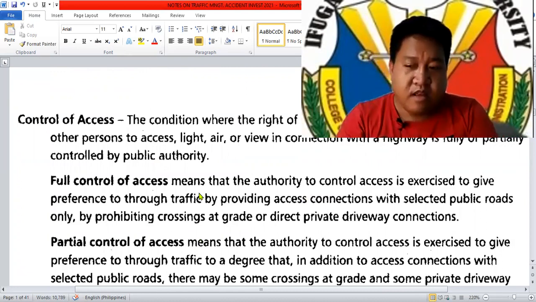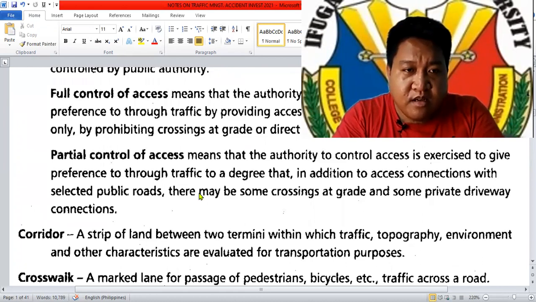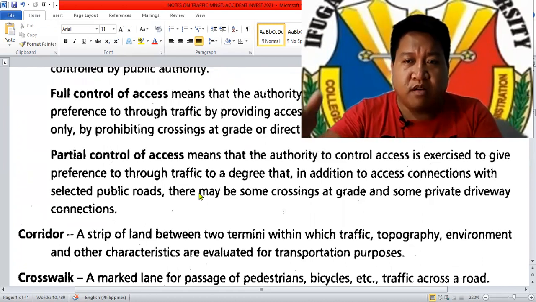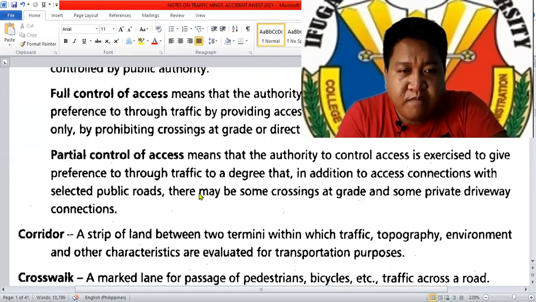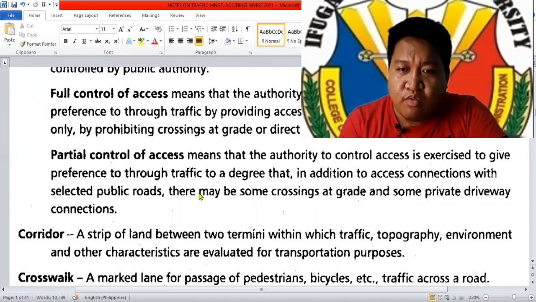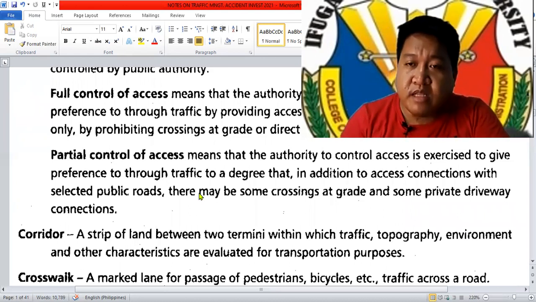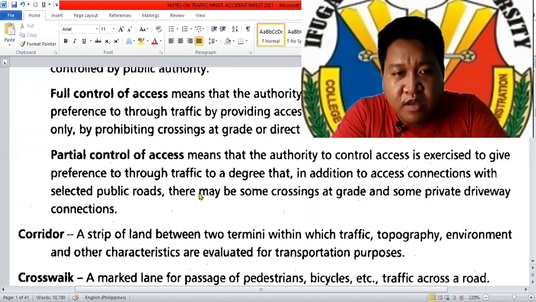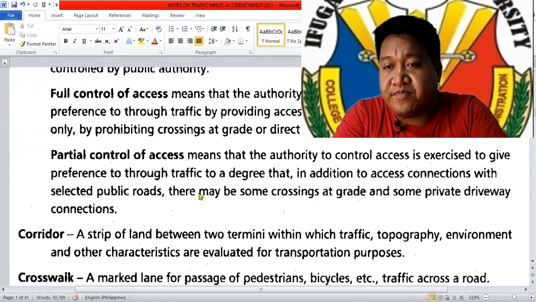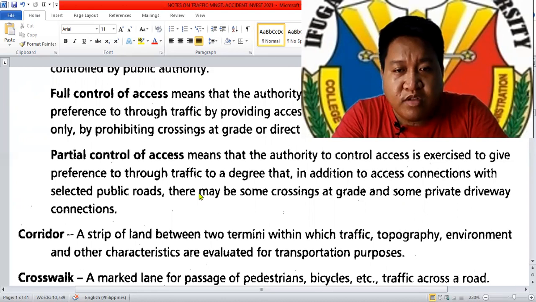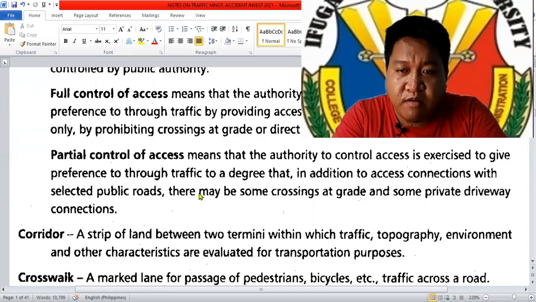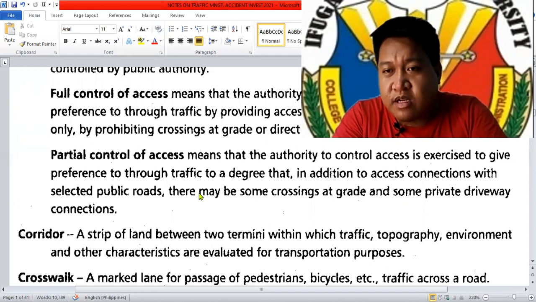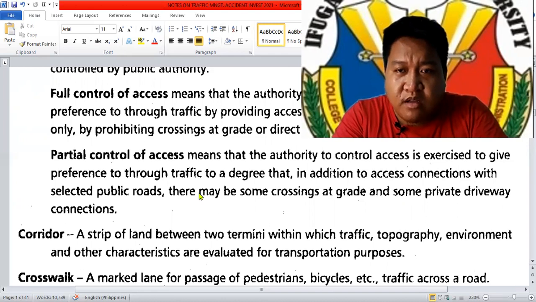Okay? The next is corridor. Kung ang bahay may corridor, ganun din ang sa traffic. So, corridor is a strip of land between two termini within which traffic, topography, environment, and other characteristics are evaluated for transportation purposes. This is a strip of land. So it is an area within the traffic way kung saan pwedeng nakatayo yung traffic enforcer to observe the